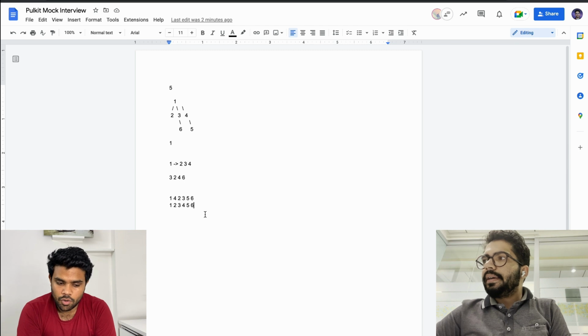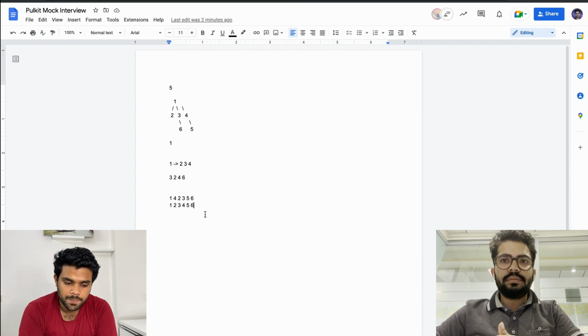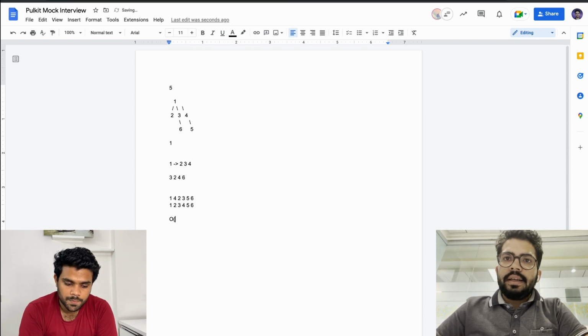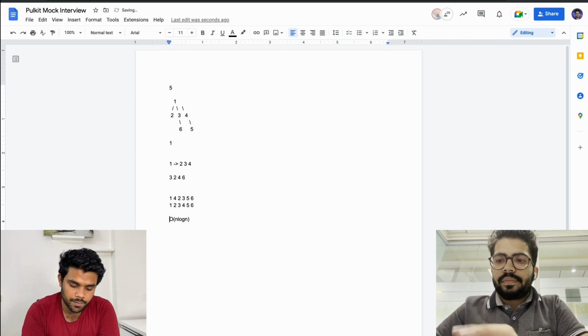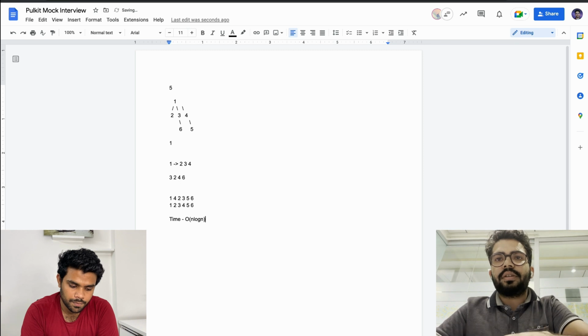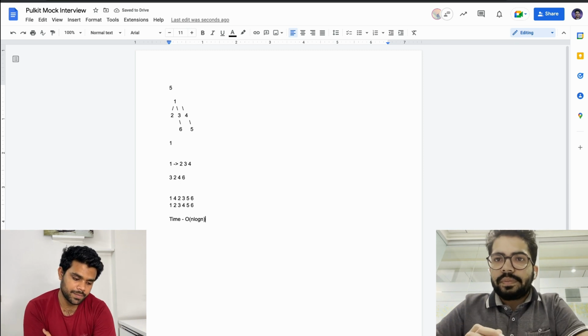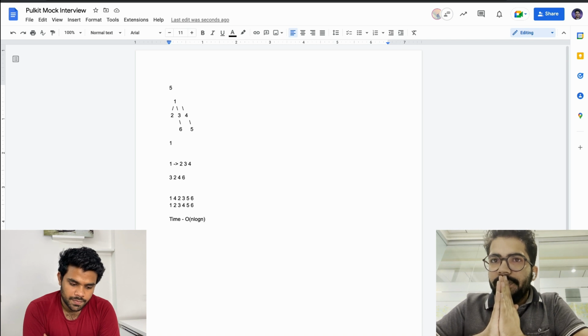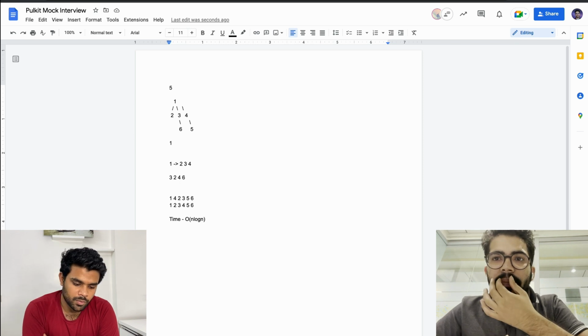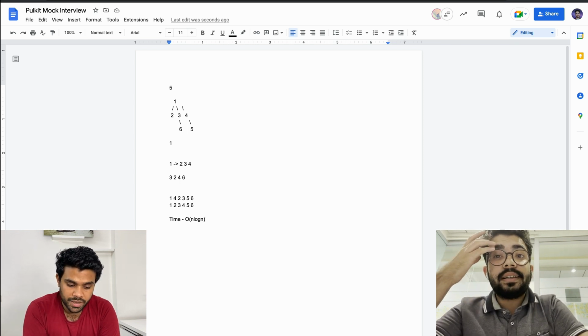Yes, and the complexity is going to be? Yeah, I think it is going to be O of n log n, because of sorting. The sorting, yes. All right. Do you want me to try to minimize this log n thing, or do you think that's okay? No, I'm good with it. You can just try to code it.